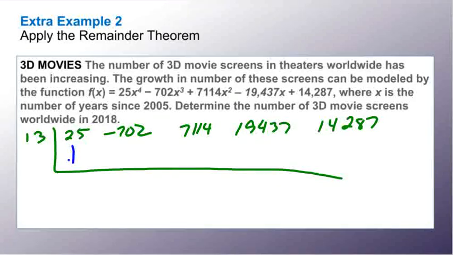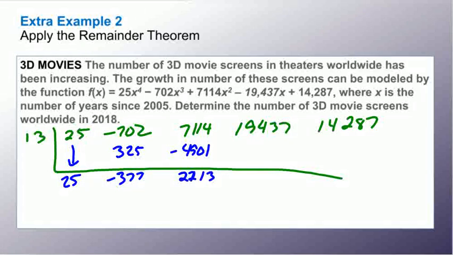Bring down the first number. 25 times 13 gives us 325. Do the math, 702 gives us a negative 377 times 13 gives us negative 4,901 plus 7114 gives us 2,213 times 13 gives us